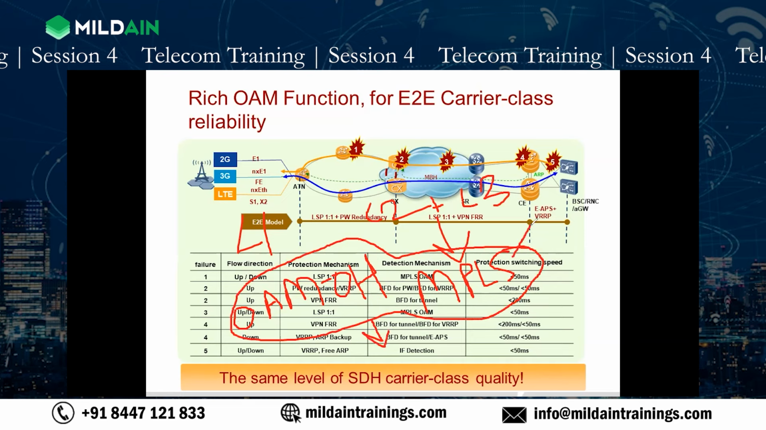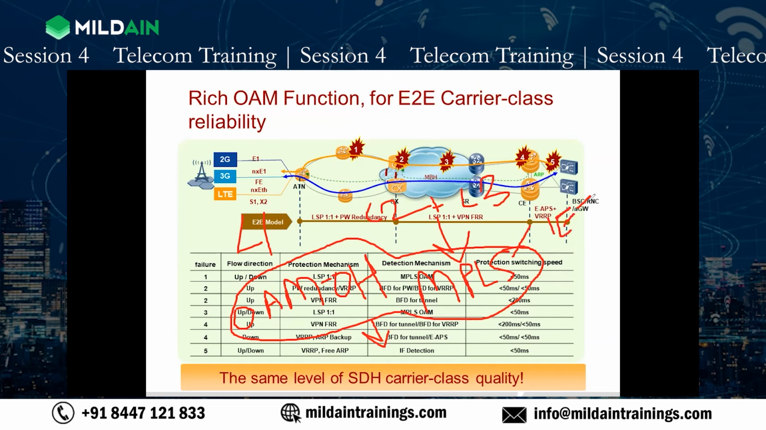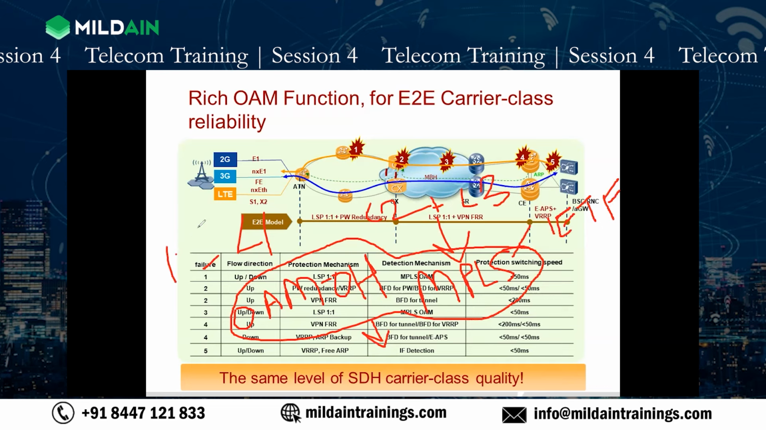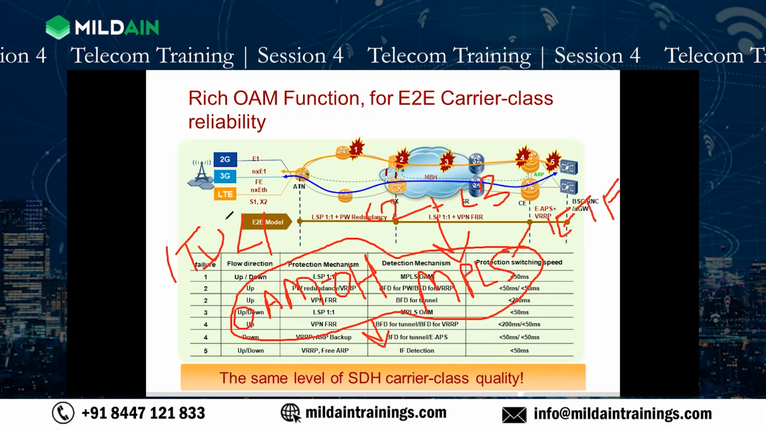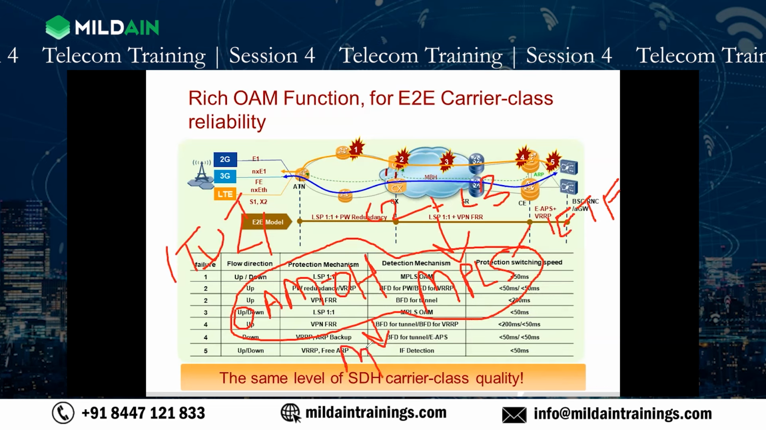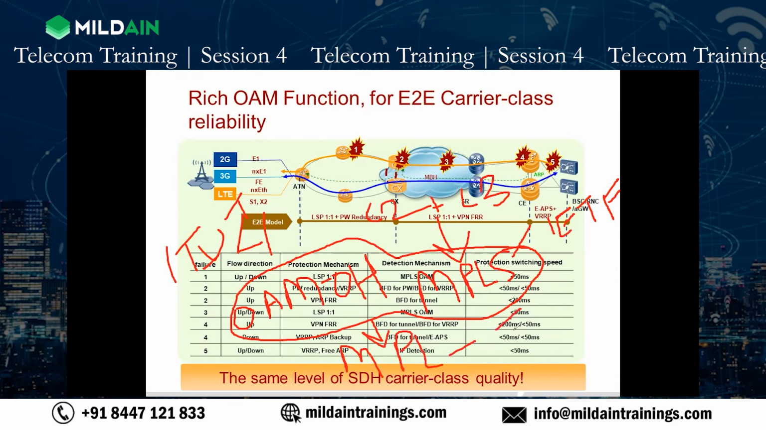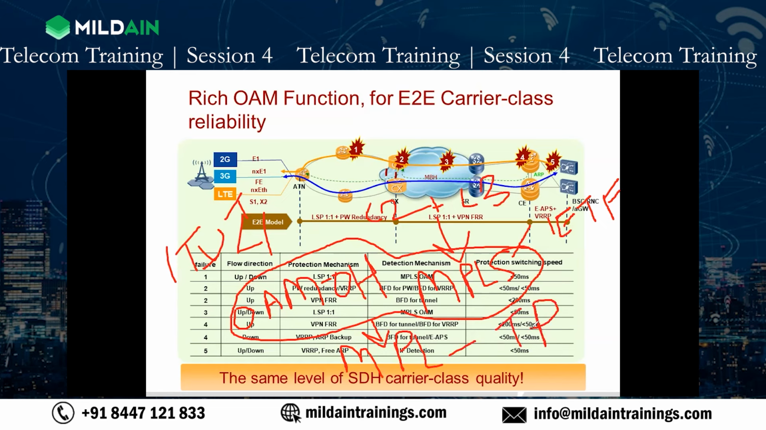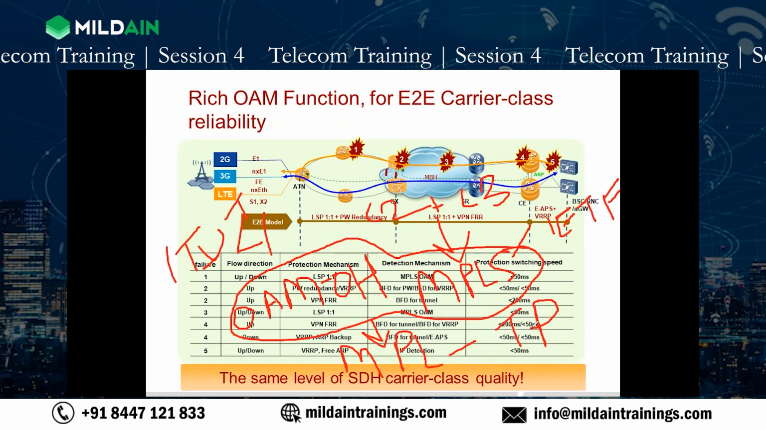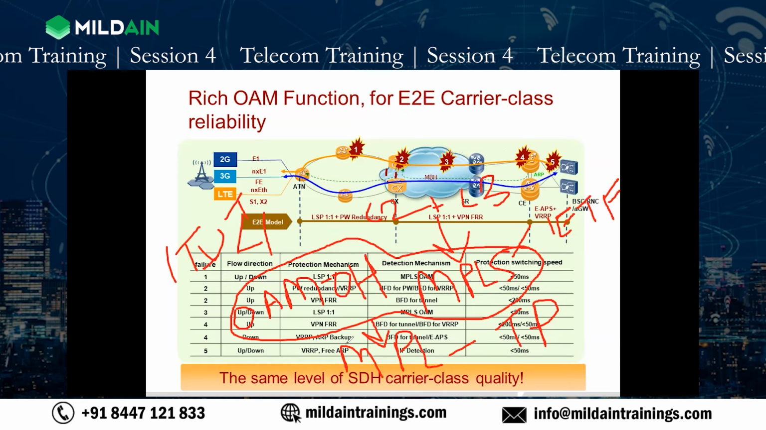Who did this? It is the IETF, an international body. IEEE and IETF invented MPLS. Okay. And L1 is controlled by ITU-T. So ITU-T and IETF came together with a new technology, MPLS-TP. That is called Transport Profile. Transport Profile. MPLS-TP. Till now you got it? Yeah. So MPLS-TP came into the picture